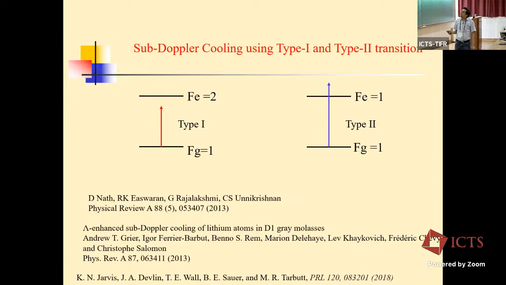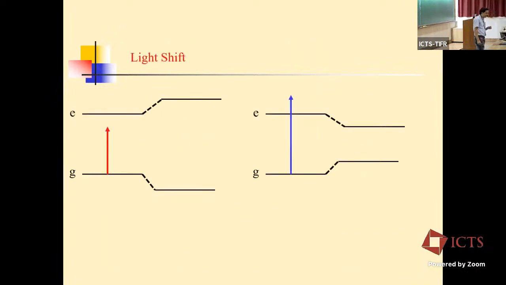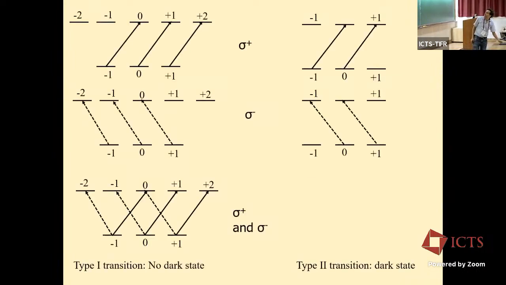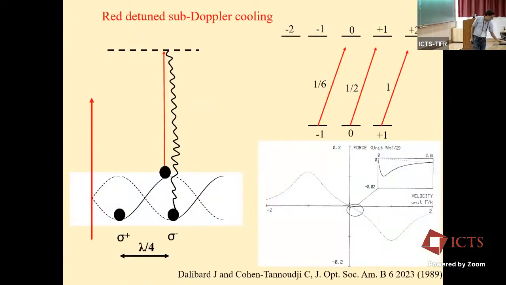Sub-Doppler cooling works for type 1 transition with red detuning. For type 2 transition, sub-Doppler cooling works with blue detuning. That's the take-home message. Okay, and then there are explanations here based on the light shift, and the reason behind that is,